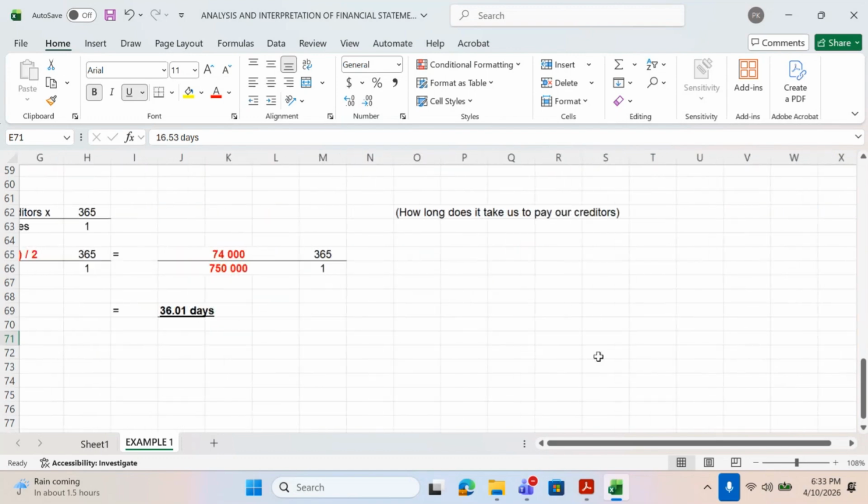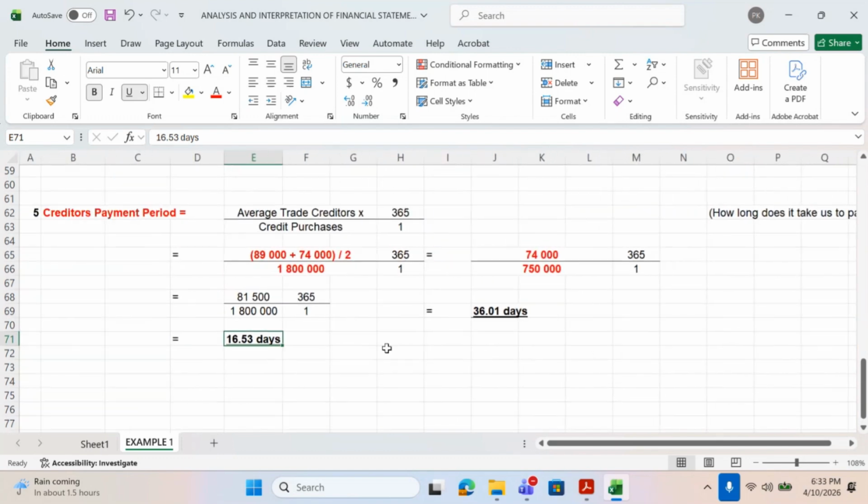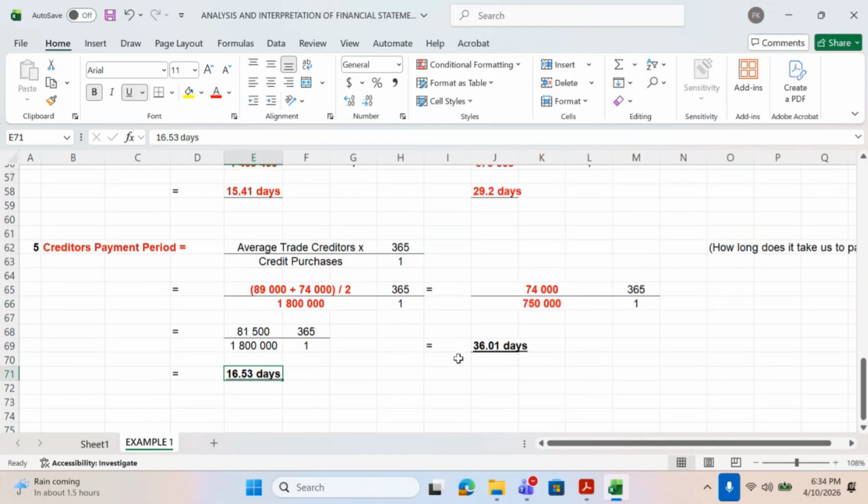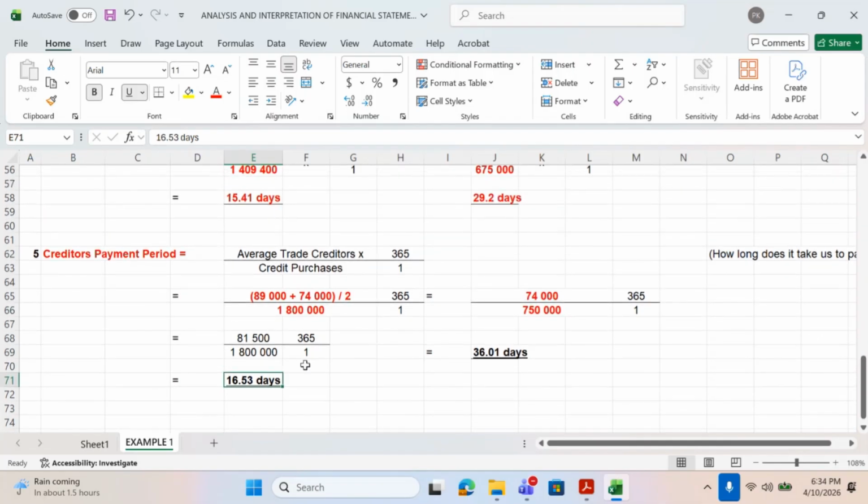For creditors payment period, it doesn't really have to go down. It has to maybe increase and be around 60 days. But also trying to pay your creditors early can be a good thing for the business, because it will be easy for you to negotiate. Even next time they will allow you to buy on credit, because they know you're paying early. Someone can say it's good, someone can say it's bad, but we also need to judge that